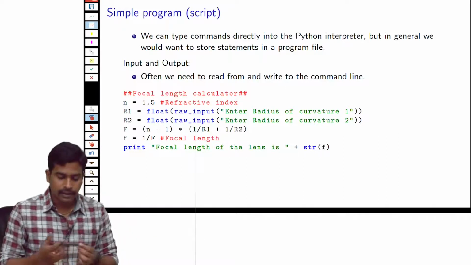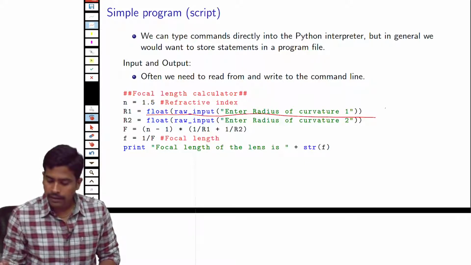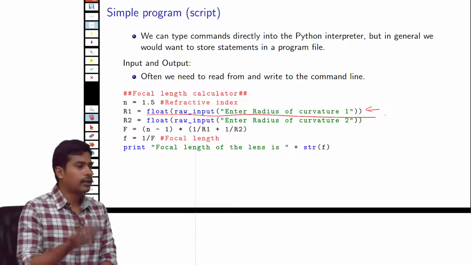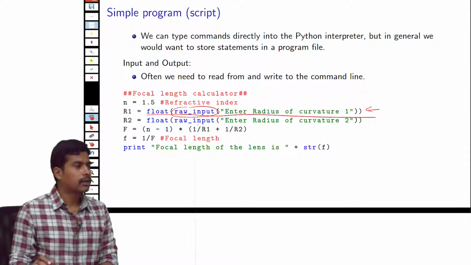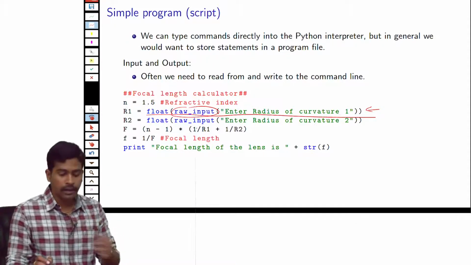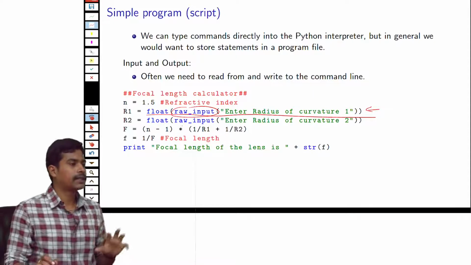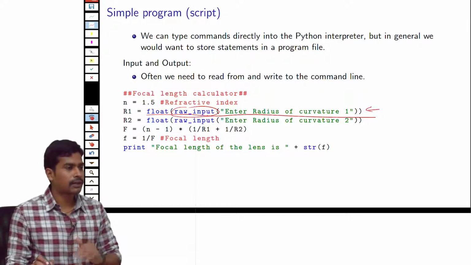In Python, there is a command that we use to enter values into the program. The main command is raw_input. raw_input takes your data from the console, and whatever value you enter will be by default a string type.